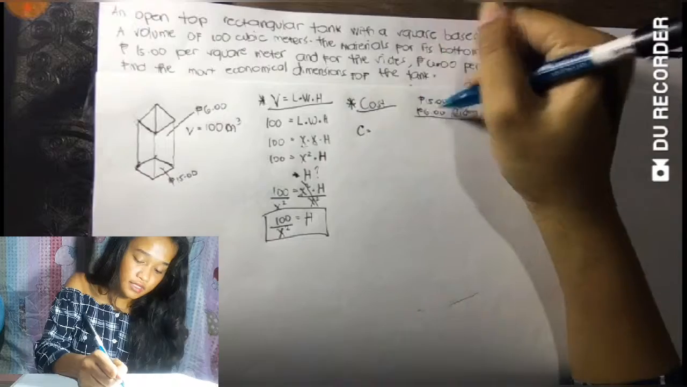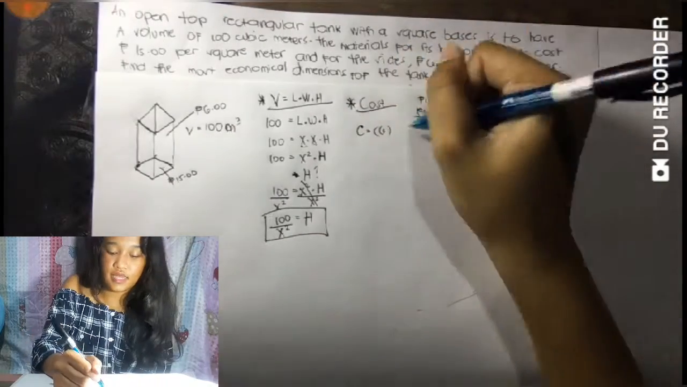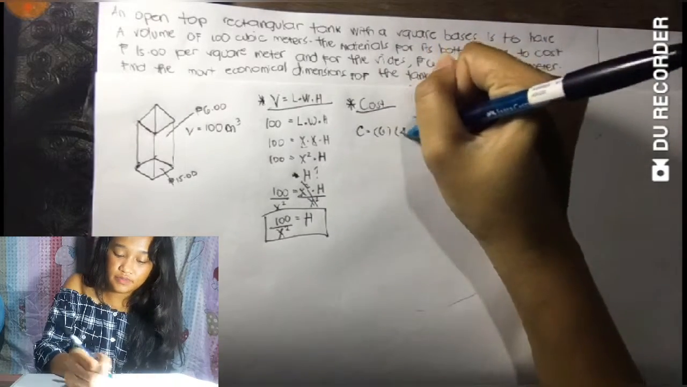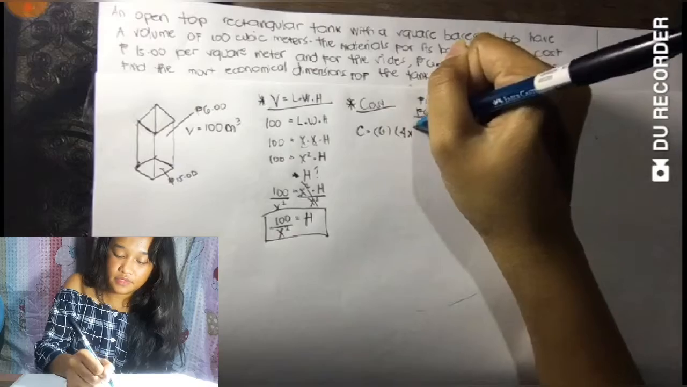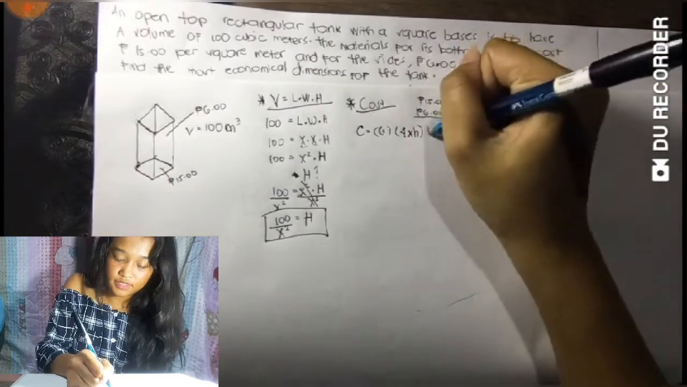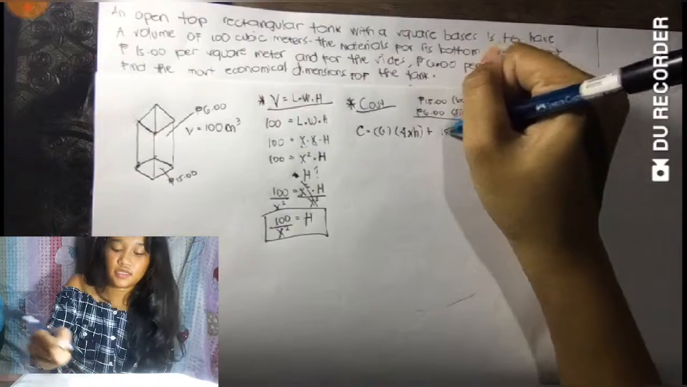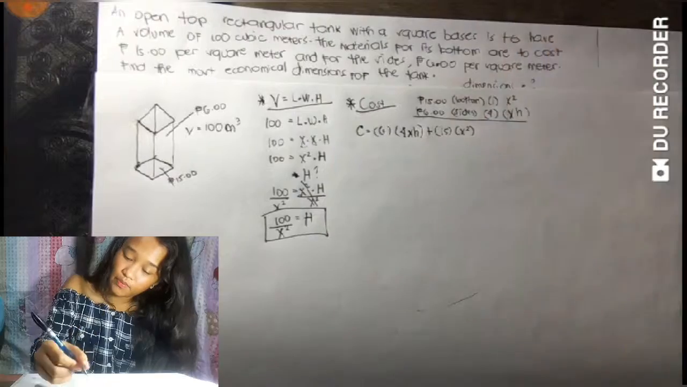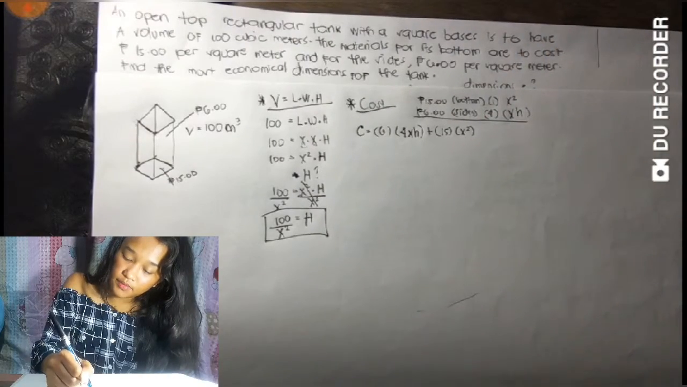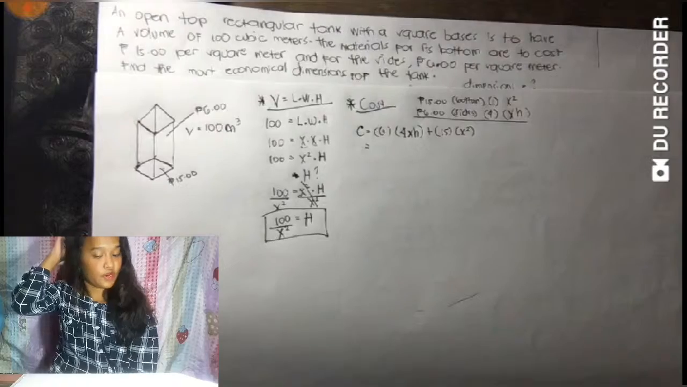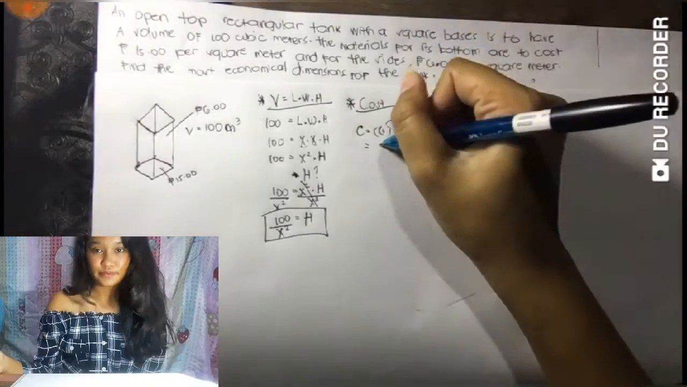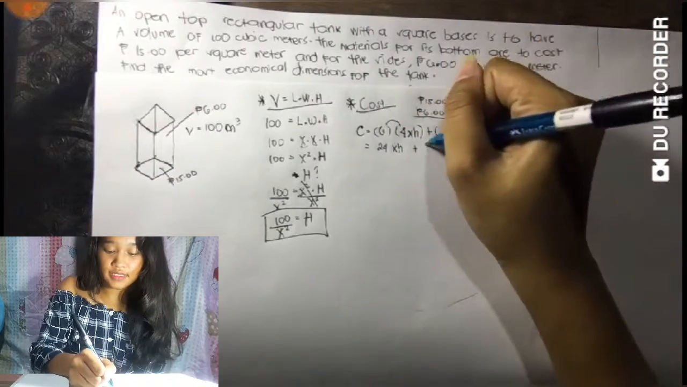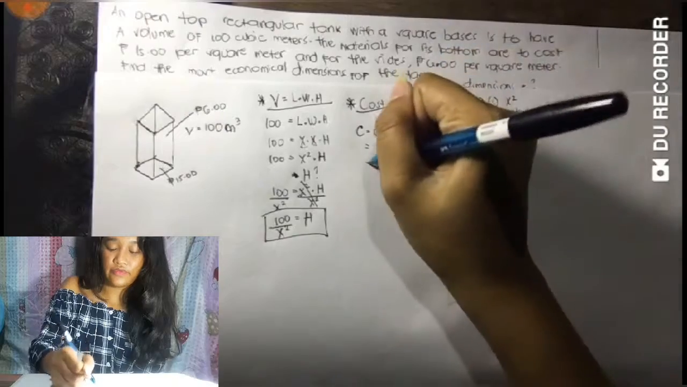And now we can just write cost is equal to, let's have 6 first. 6 pesos, which is the cost, times 4 sides. Sides is equal to x times h, plus 15 pesos, which is the cost of the bottom, and x squared to get the area. And what's next? Distribute. It's going to be 24xh plus